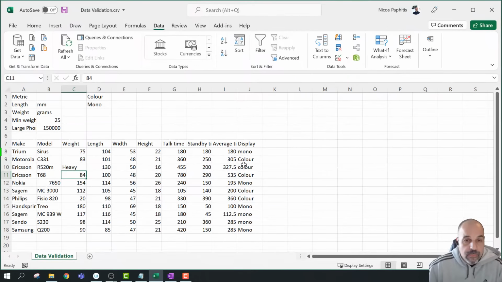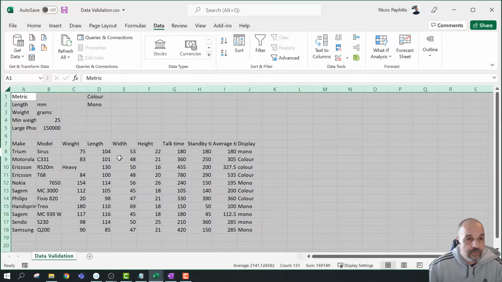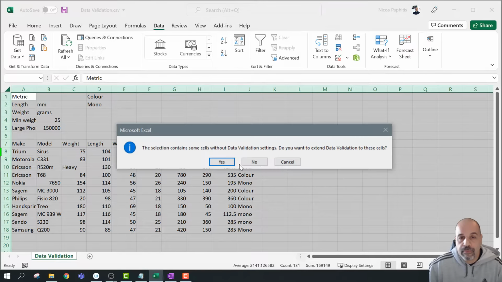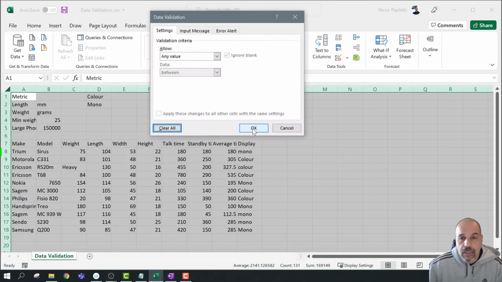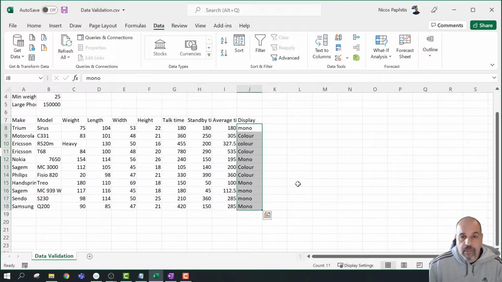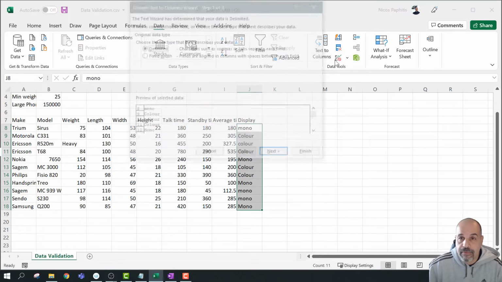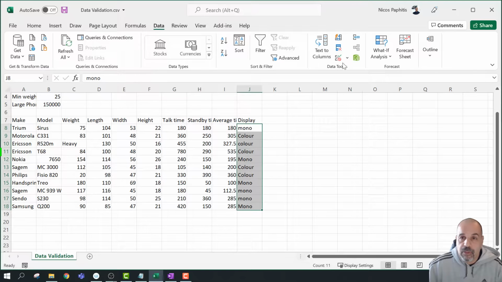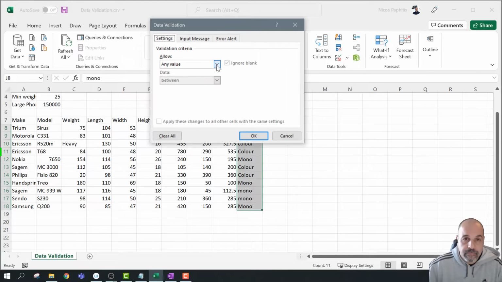Okay, so let's do the same now. I'm just going to get rid of all of this data validation and clear it. Okay, so we're going to do one more last exercise based on this column here, the mono and color. And we're going to be using, again, the OR statements. So I'm going to click on data validation, and we're going to make our own custom one. And here what I'm going to do, I'm going to say equals to,